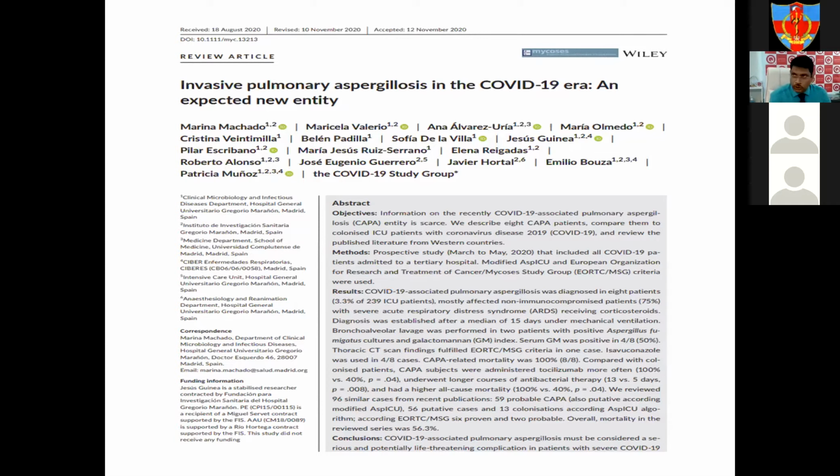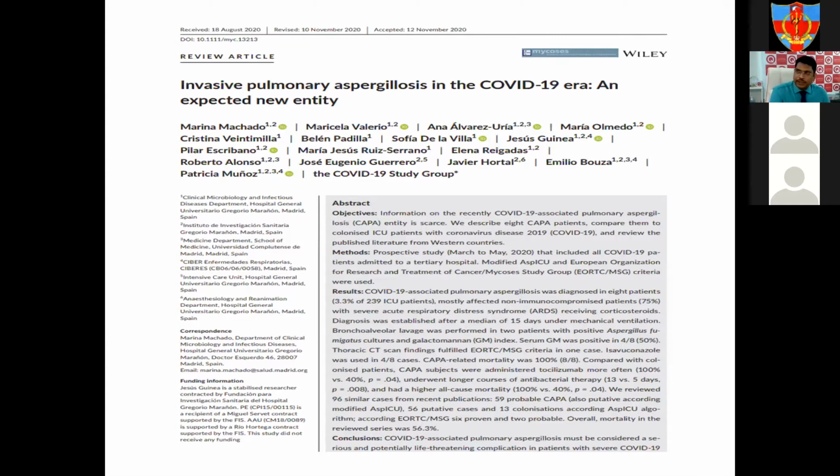Different terminologies were even given in the media, based on color, and there's a debate whether to call them by names or by the color of the fungus. The color of the fungus keeps changing according to the tissue in which it grows. So we have to keep aspergillosis in mind. This is one such data.